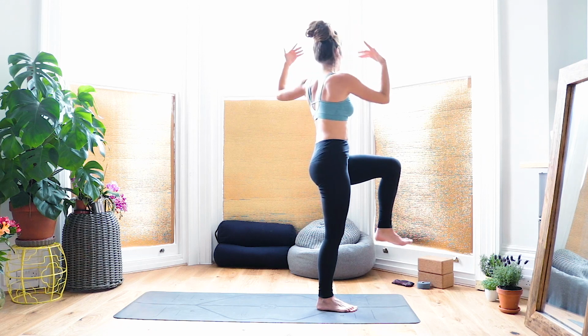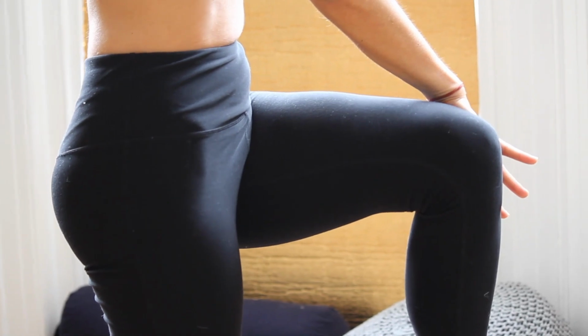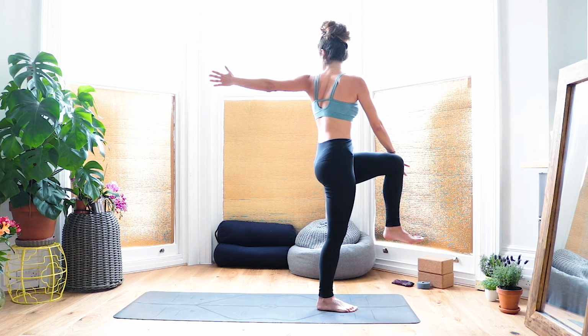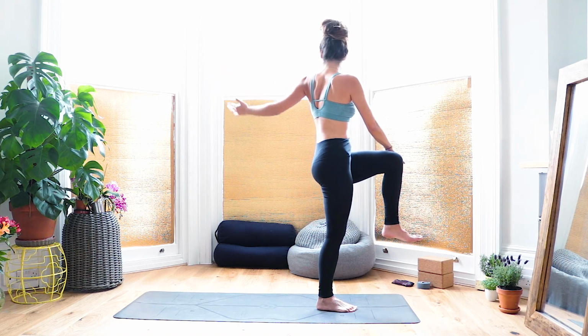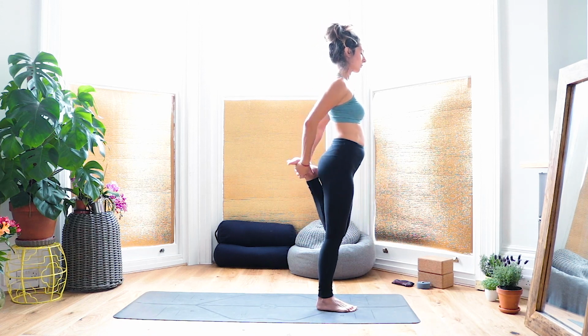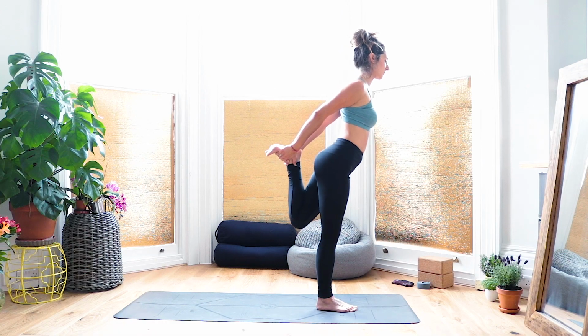And exhale towards your left. Looking back towards your left hand. Just twist a little bit deeper, letting your shoulders stay open. Then inhale to come straight to the front, trying to grab your left foot behind you, keeping the foot really